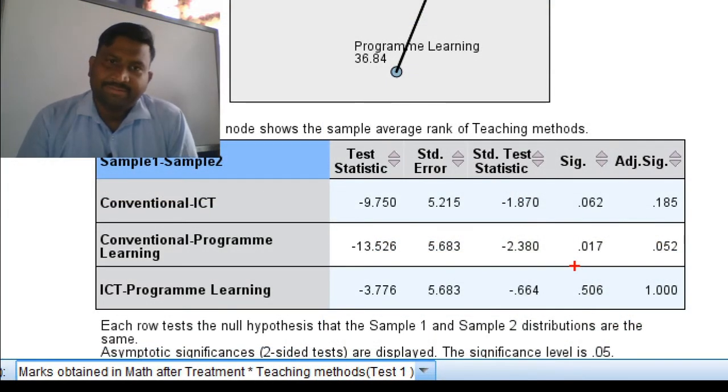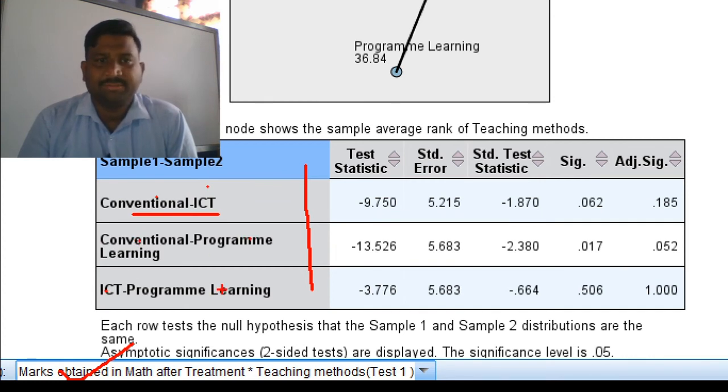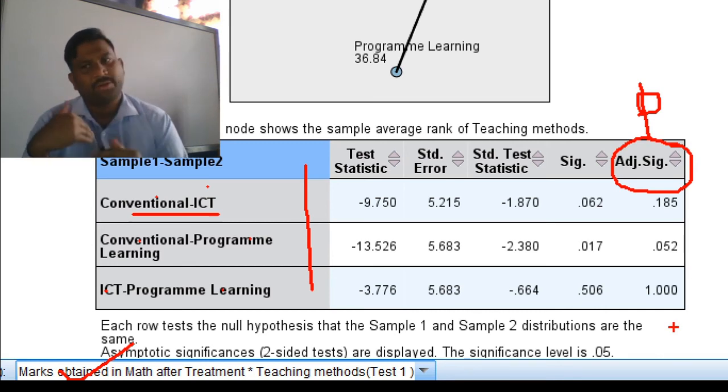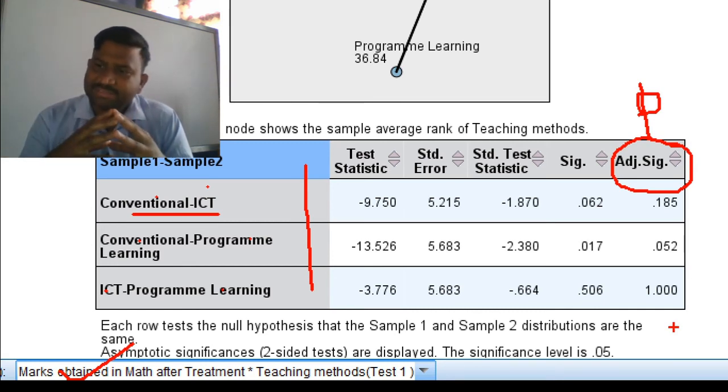When we click on pairwise comparisons, we will get this kind of result by two: first method with second method, second method with third method, first method with third method. So at a time, two pairs it will compare. In this, we see adjusted significance value. Now our work is with P. This is P, the adjusted significance value, and the rule will be the same.